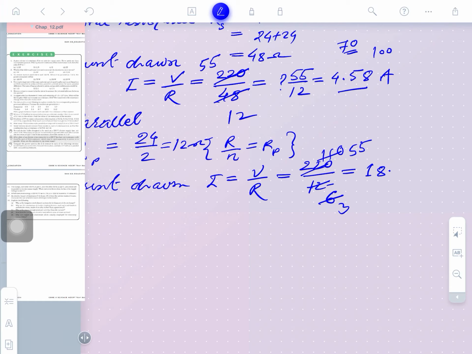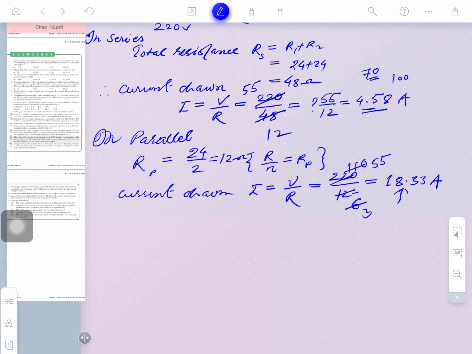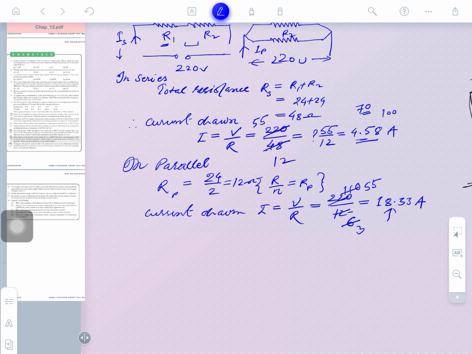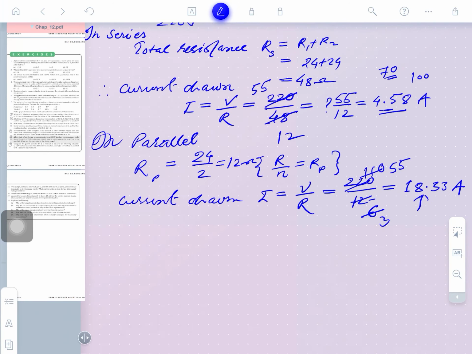Yeah, 3 8s are 24. What is left here? 1. 3 3s are 9 and further 3 3s also, means 18 ampere, about 18 ampere. Here it is 4 ampere. So in which case is the current flowing more? Obviously the current flowing in that case is 18 ampere and here it is less.